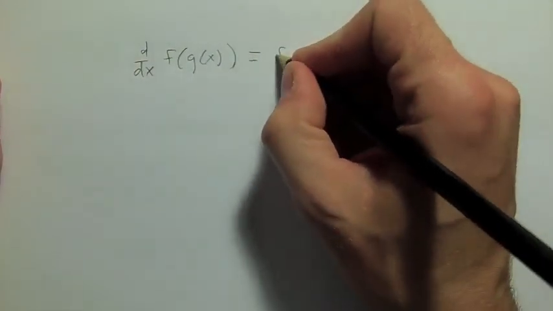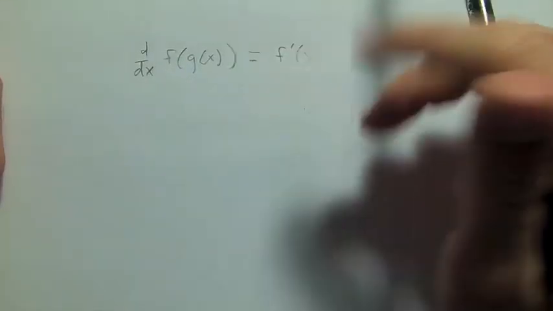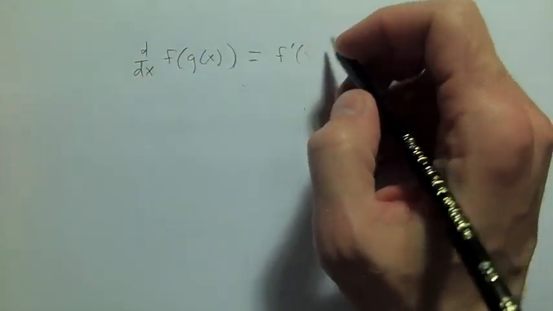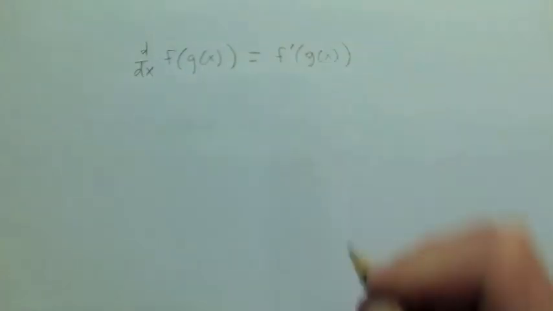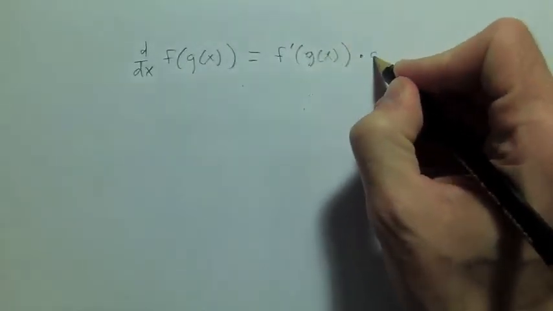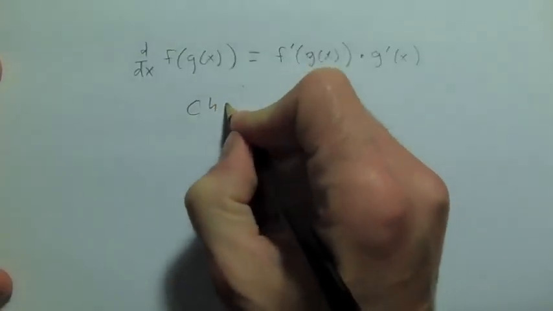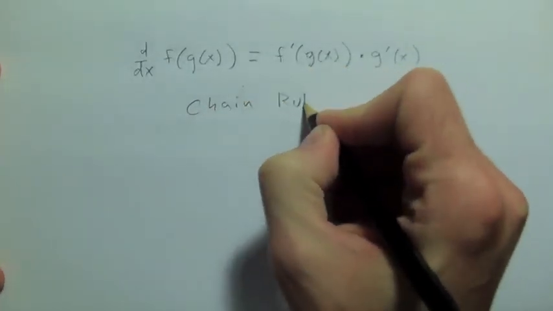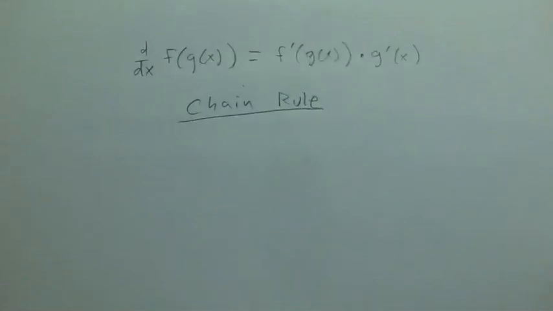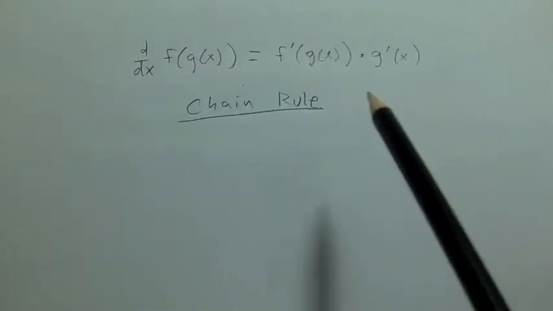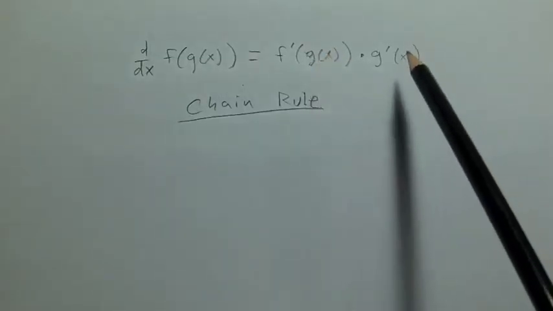it's going to be the derivative of the outside. Okay, so f prime of x, times the inside left alone, times the derivative of the inside. Right, this is what the chain rule says: when you take the derivative of a composition, or a more complicated type of function, it's going to be the derivative of the outside with the inside left alone times the derivative